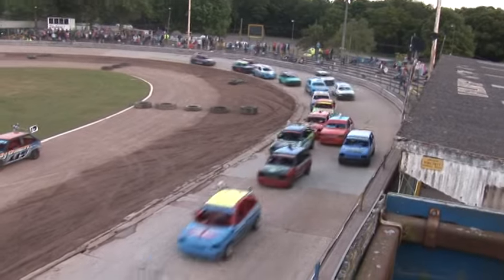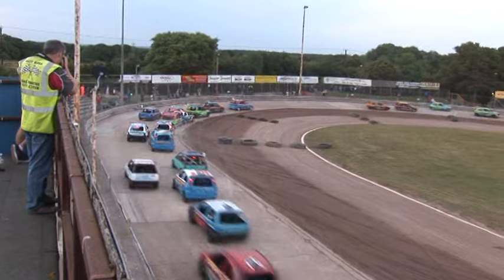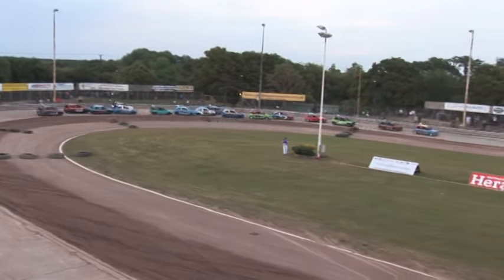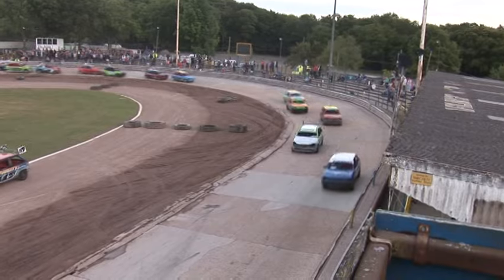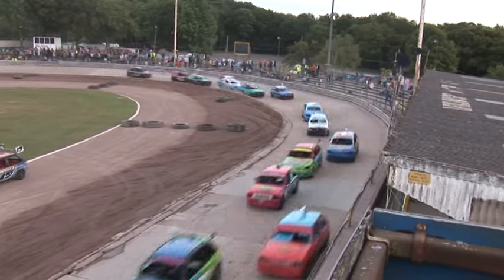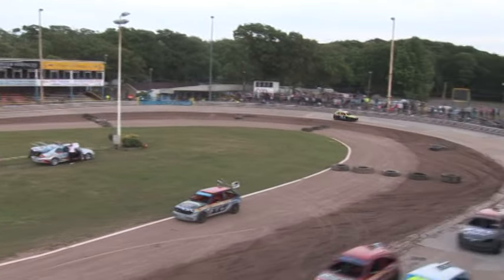tucking a wheel under now, but Nathan hustling it round for all his work, could be good for a top 5 finish for the first time. That would be very good news for him indeed. Steph Canfield is in 4th, then it's Dan Knight, then 220, 243, but the red grey boys are really struggling to get shot of each other and try and get up to challenge the leaders. It's tough stuff, and as you can see, Dave Matthews languishing at the back of the pack, and really making